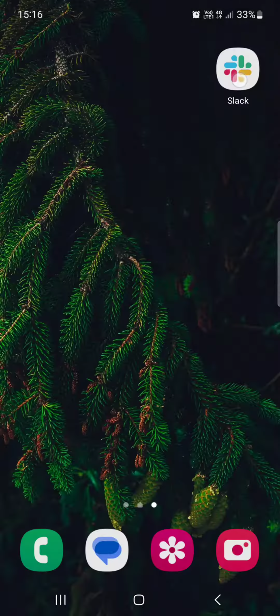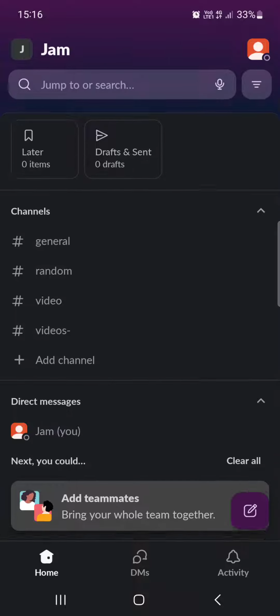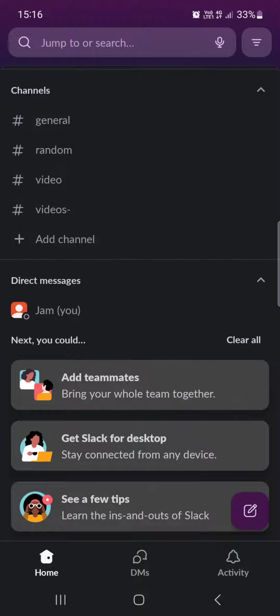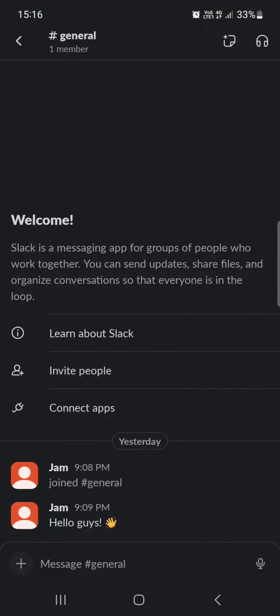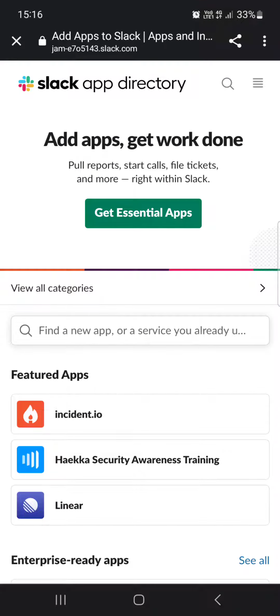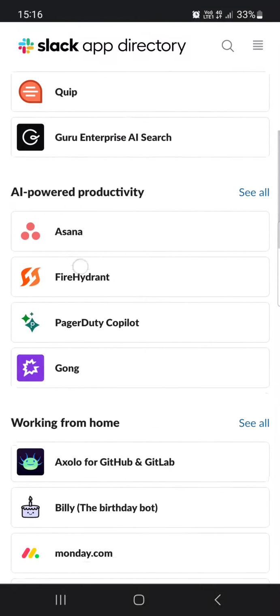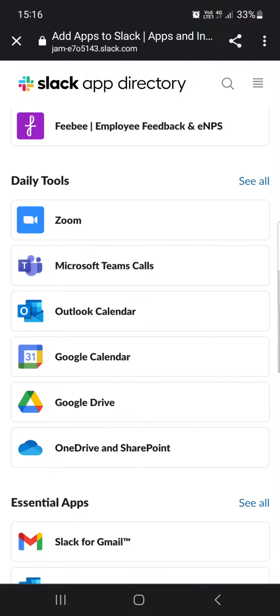First we have to open up the Slack app. And here it opens up in the home menu where we have our channels, our direct messages and our teammates. From here we can just tap on a channel and then tap on connect apps. And then the app is going to load a bit, but afterwards we can just scroll down and under the daily tools section tap on Outlook calendar